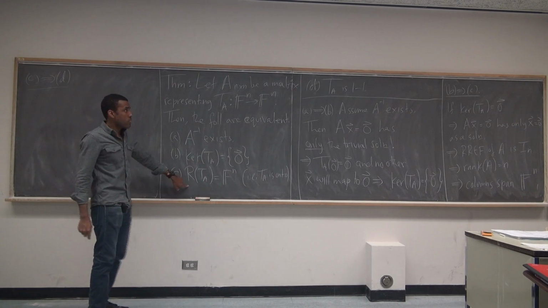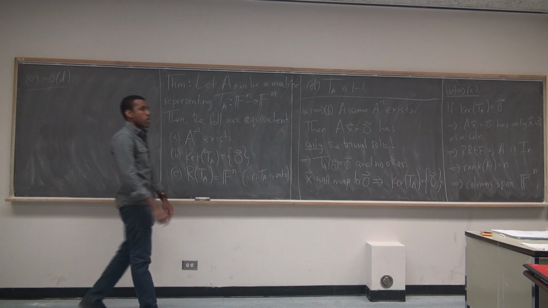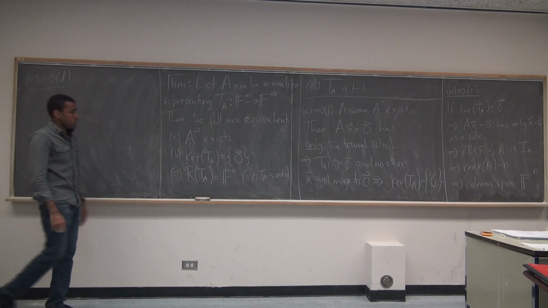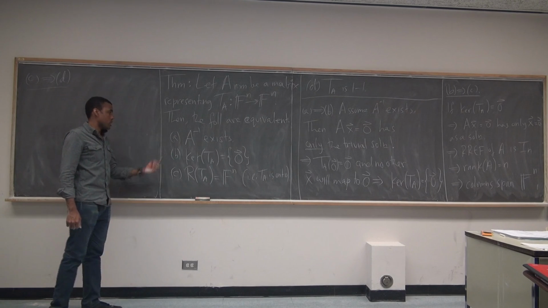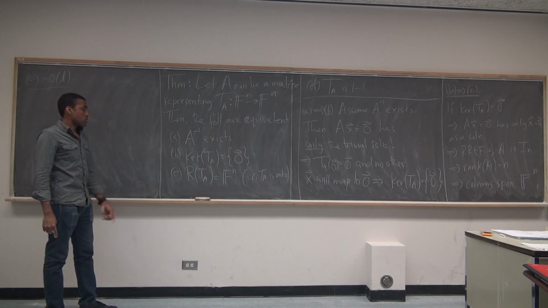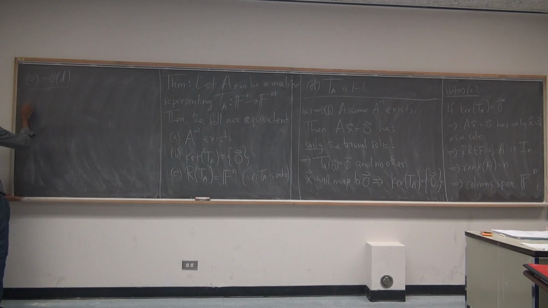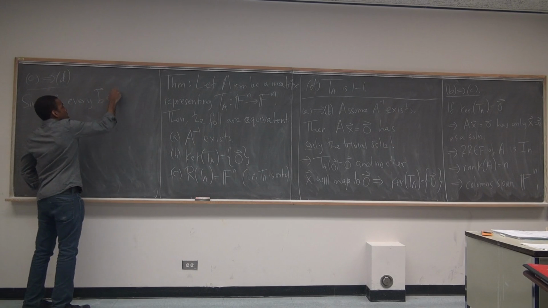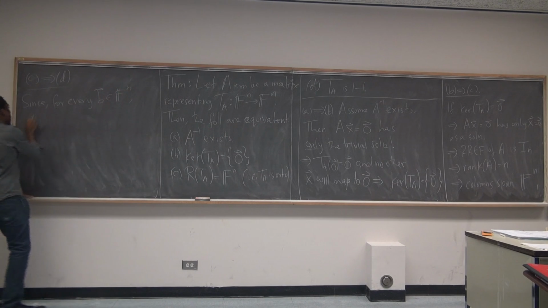So pretend I know that the range is everything. How would I prove that it's 1-to-1? Almost starting it the same way. AX equals 0, so we know we have just this trivial solution. We're not talking about Ax equals 0. That would be assuming something here. Now we're talking about AX equals B. Right. So since for every B in Fn, Ax equals B is consistent,